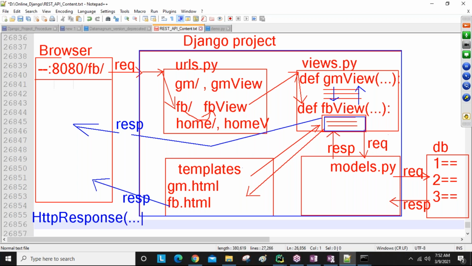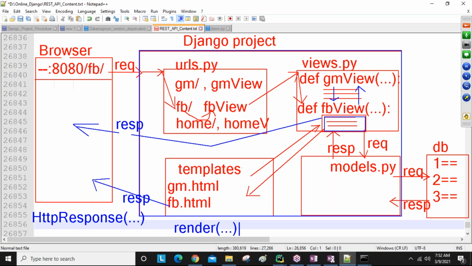Here you write whatever response you want to return. So view to browser, if you want to send the response, we use the HttpResponse method. In coming days we will regularly use this one. Now view to templates: if you want to communicate to do the presentation related coding, then we use the render method.